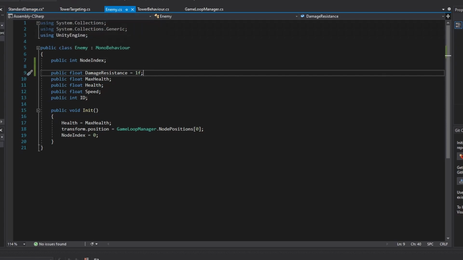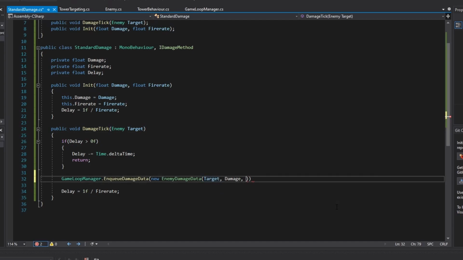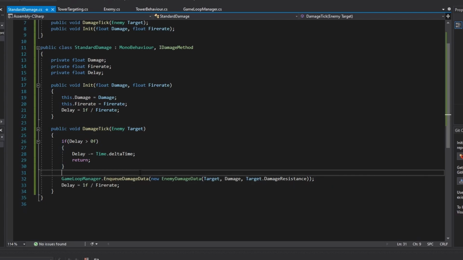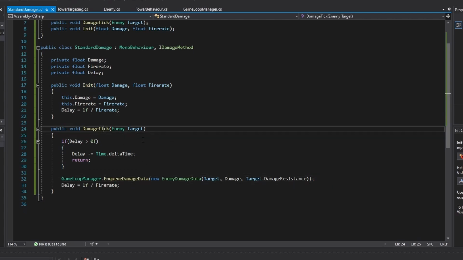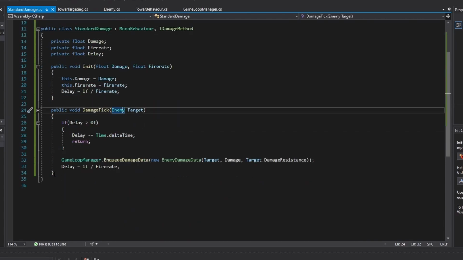And now back in our standard damage class, we can now just take our target and do dot damage resistance. And there you go. And that is basically the damage tick for our standard damage. And the damage tick function is going to run every time the tower ticks regardless. So since that is the way it will be implemented, we're now going to go to our tower behavior class